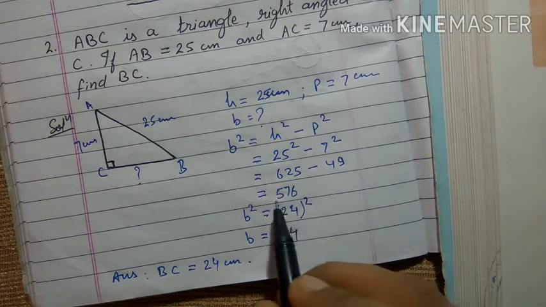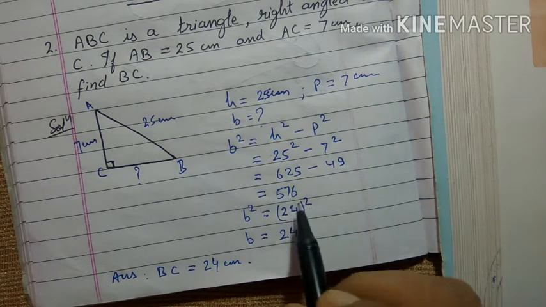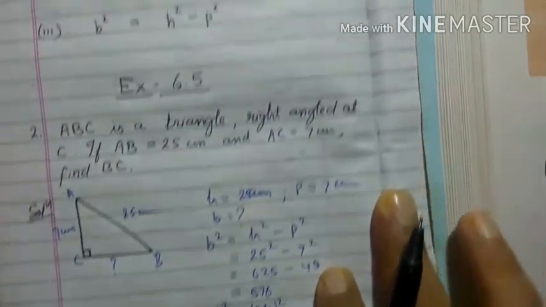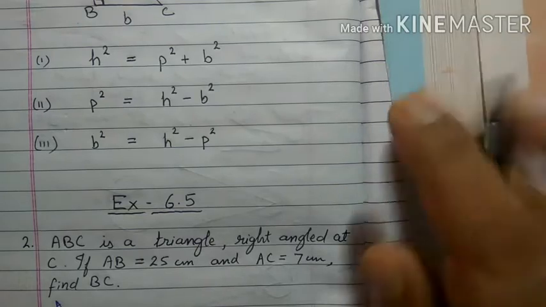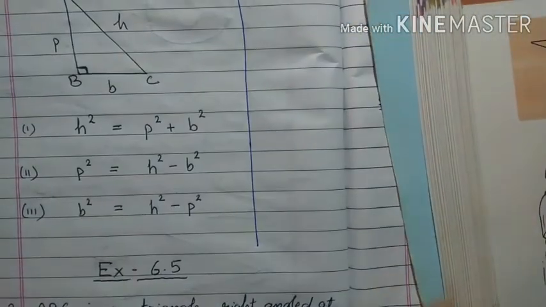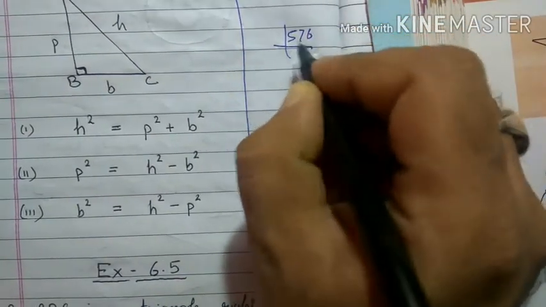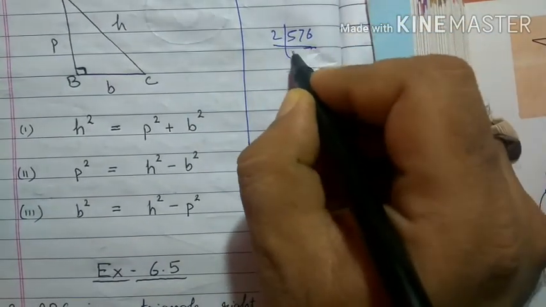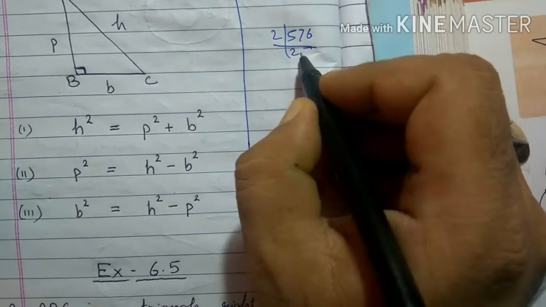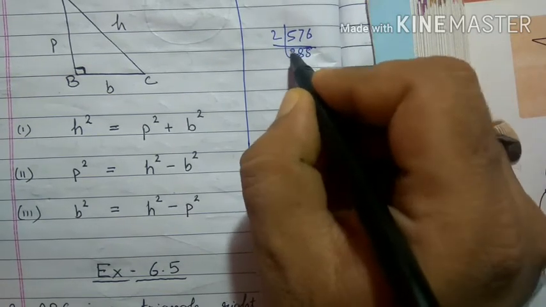How to find square root of 576? For that we have to do prime factorization of 576. For that you have to draw a rough column. Here I have drawn a rough column, and 576 is factorized by 2. 2 2s are 4, and it becomes 17, 2 8s are 16, and 1 is left, it becomes 16, 2 8s are 16.